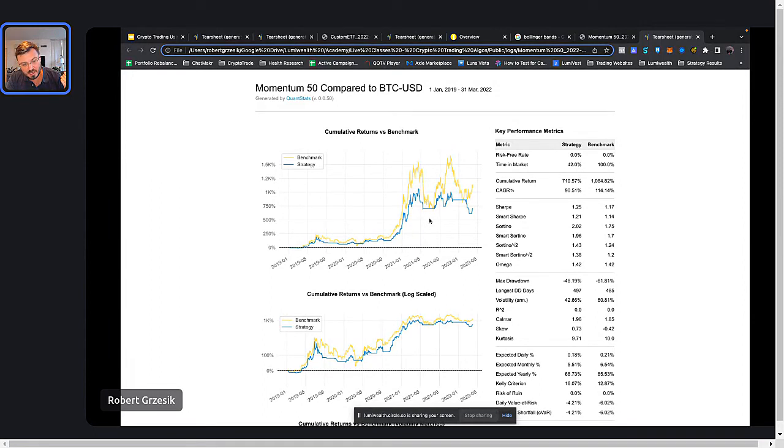Bitcoin was falling and then we went flat, right? So we didn't lose as much as Bitcoin would have lost in this time frame. Same thing here. It fell and then we capped our losses, right? So it's a way of actually reducing your risk quite a bit. It's very good at risk reduction. Making money is so-so, but really good at reducing your risk.